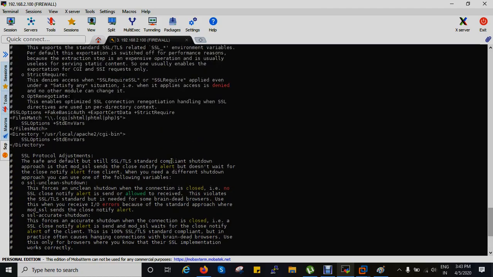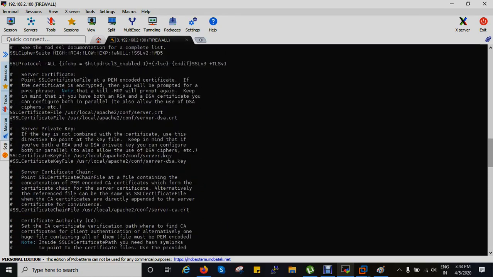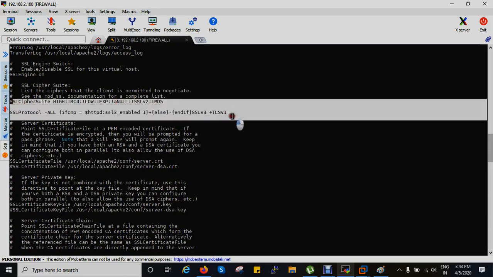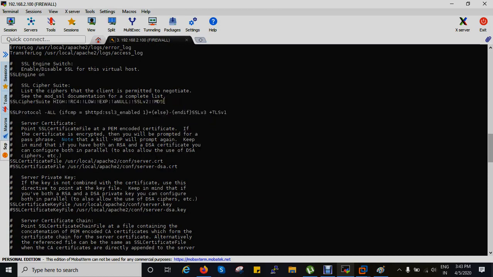Here you can find the TLS and cipher details. If you want to remediate the old TLS, use only 1.2, and remediate some ciphers, these SSL cipher suites also.